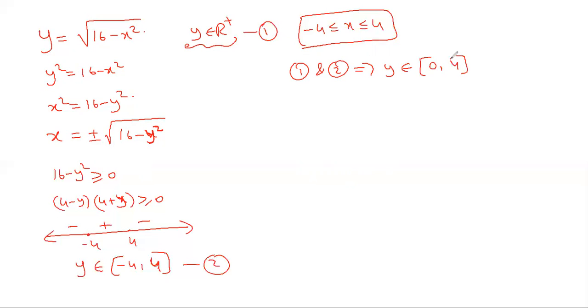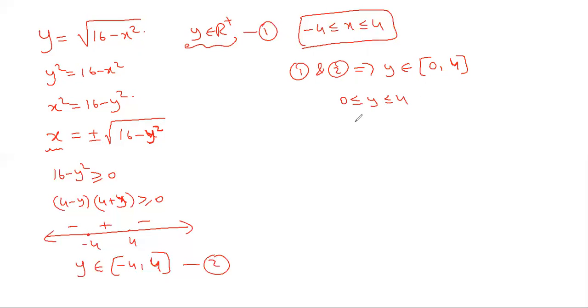But still you can't conclude 0 to 4 as the range. You need to check: if you take the y values between 0 to 4, are the x values coming between minus 4 to 4 or not? That you need to check. After checking and confirming that, only then can you confirm y as the range. Again, y is 0 to 4. Whatever method we did earlier, the same method we need to do. So 0 less than or equal to y is less than or equal to 4.